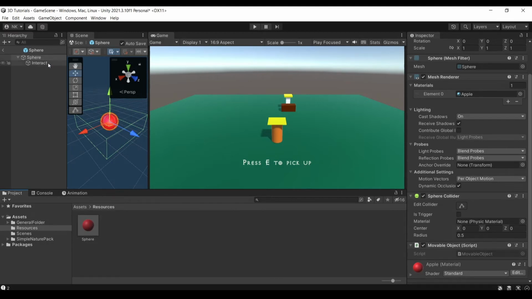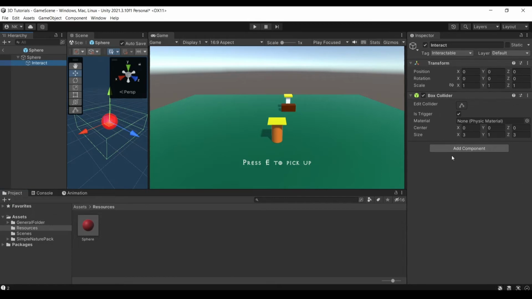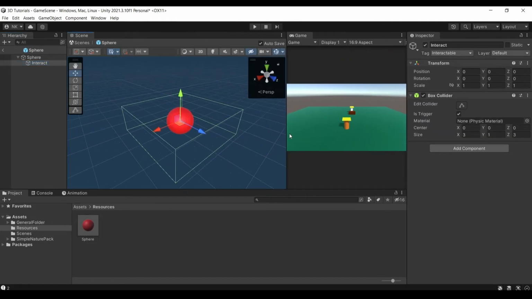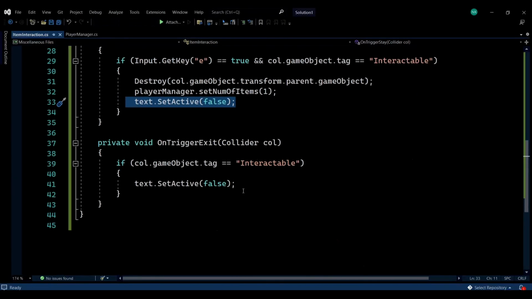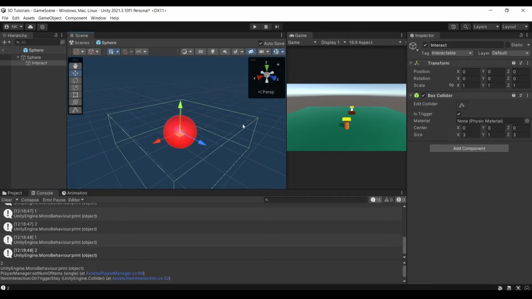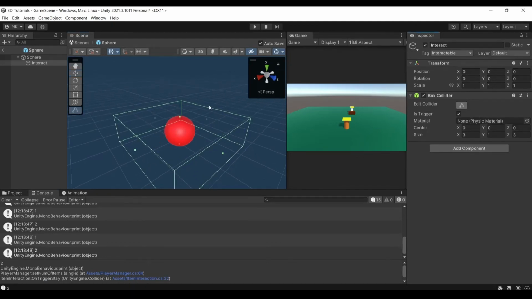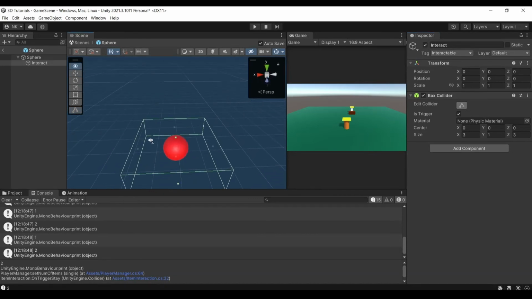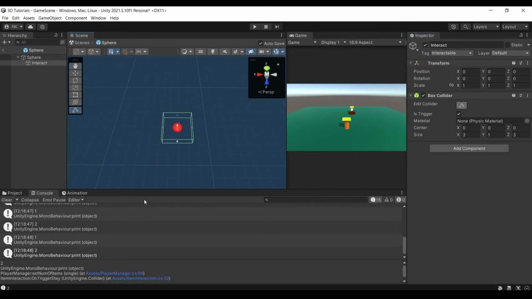And then we have the interact, which is a child of the sphere, and this only has a box collider, and is responsible for this functionality only, for being tracked through these functions. It's important to note that the box collider is not the initial size, you need to resize it a bit. So I changed it through the edit collider and made it a bit larger